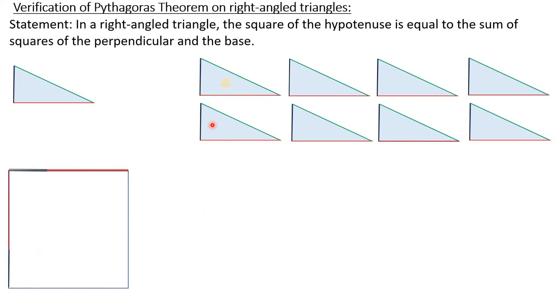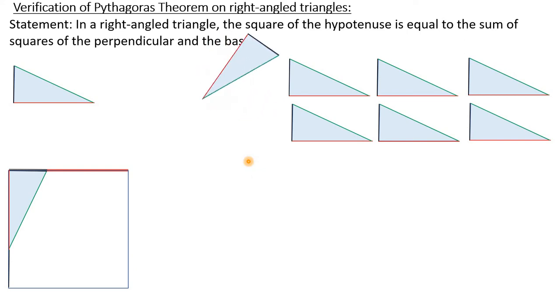Now what we are going to do is take these first 4 triangles and make an arrangement as shown in the animation. The first triangle turns right by 90 degrees and is aligned at the left top corner of the square, in such a way that the 90 degree angle vertex of the right angle triangle and the left top vertex of the square coincide. The next triangle is rotated about 180 degrees and aligned next to it horizontally with the top side, as shown in the figure.